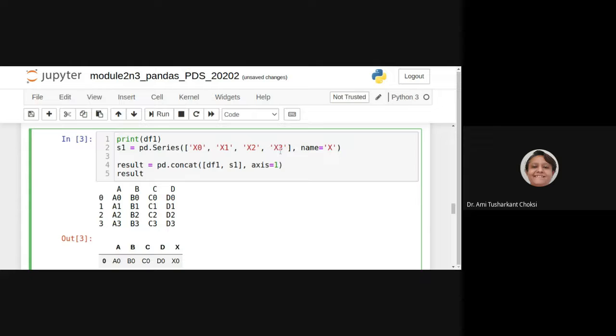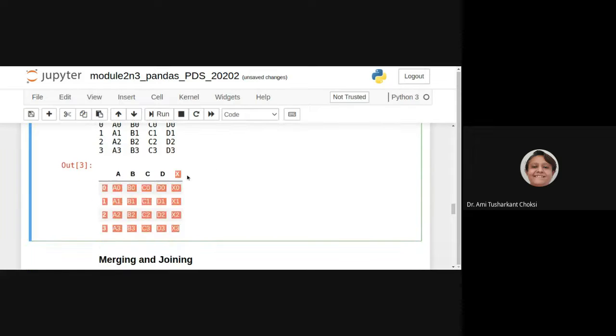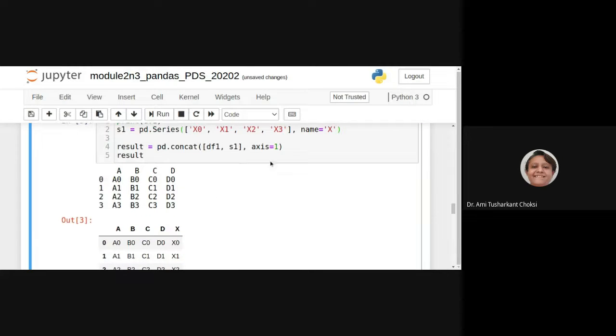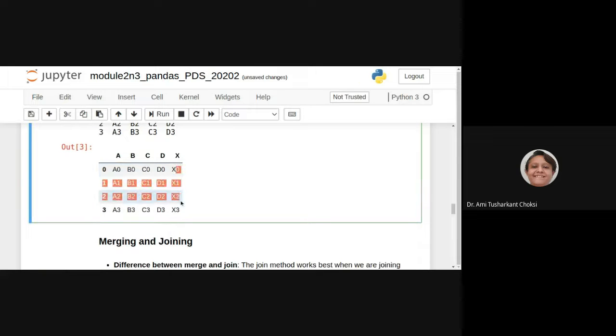So we have concatenated the series with the data frame. We know that a series is a simple list, so that we can add. We have given the name as x, so here it is x, and we have given axis equal to 1, so we are able to have this column added, right?